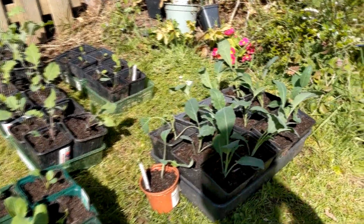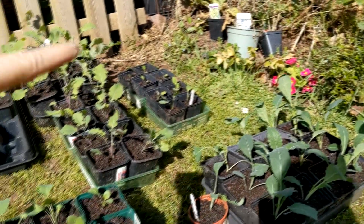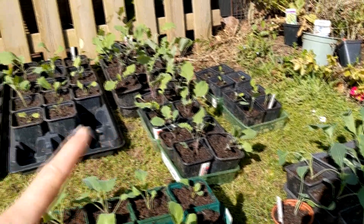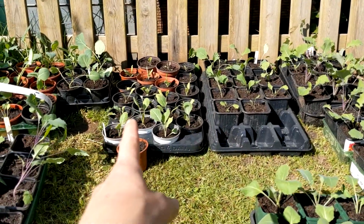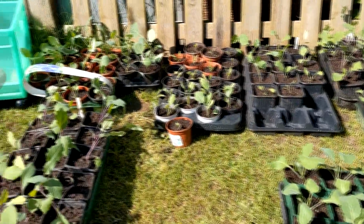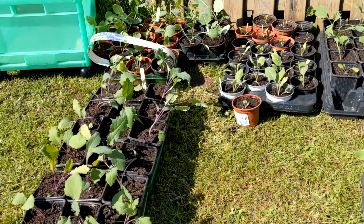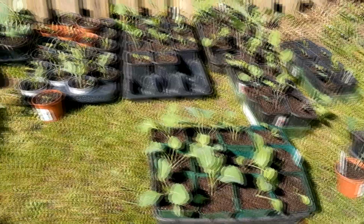So that's the kale, Nero di Toscana. Then you've got over there early Brussels sprout, kalettes here, purple sprouting broccoli here. That is, I believe, let's have a look at the label, I think it's a cabbage. No, it's cauliflower. Then up in this corner is broccoli. This is kohlrabi, and right in front of me is cabbage. I still have to put on the spinach,